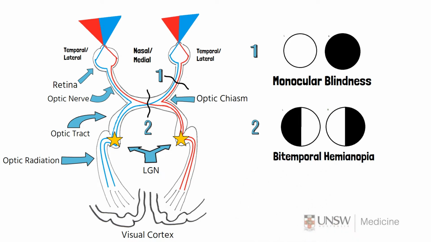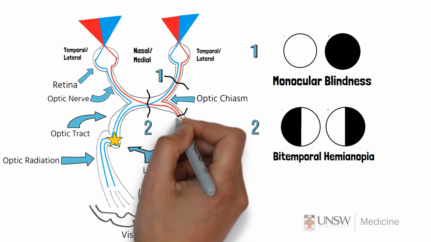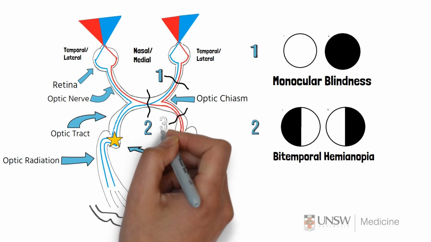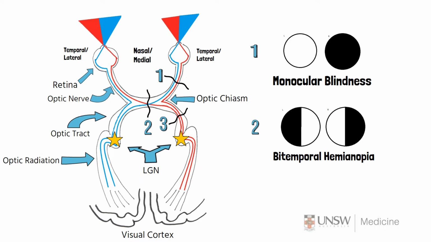Now it's your turn. Using your knowledge of the visual pathway, what will the visual defects for this lesion look like? Pause the video here and draw the defects before you continue. How did you go? If the lesion is post-chiasmic, such as a middle cerebral artery stroke affecting the optic tract,